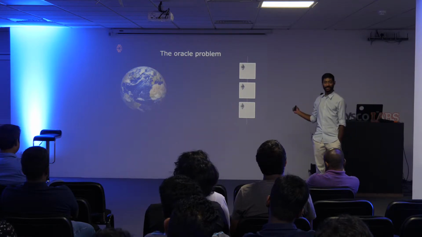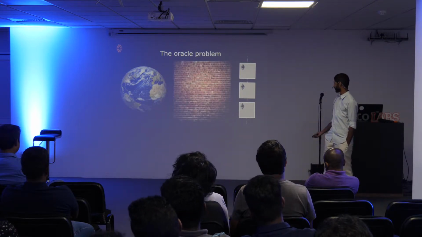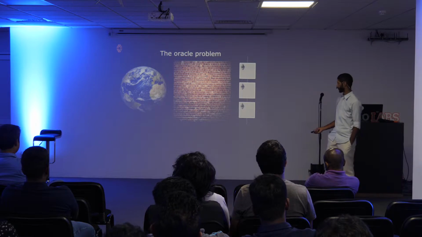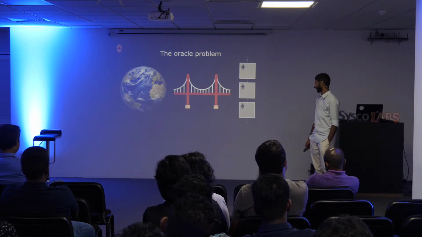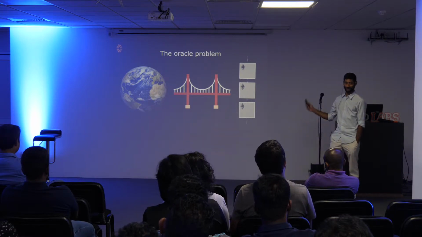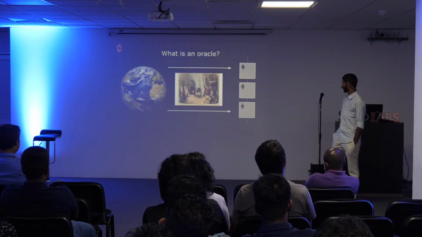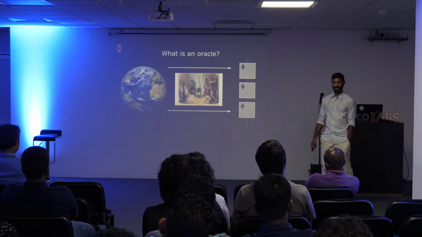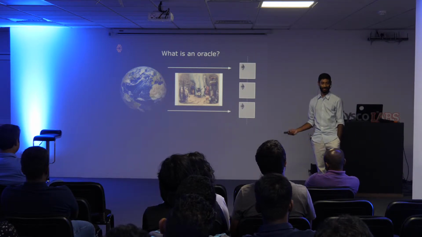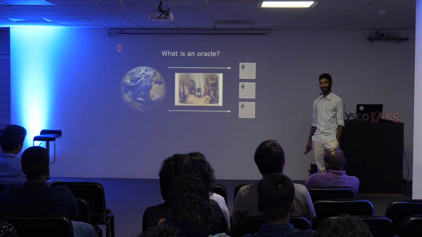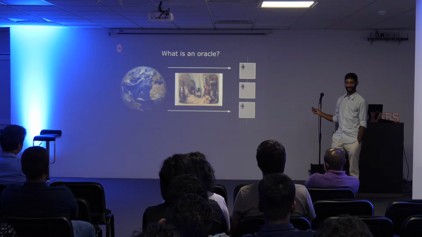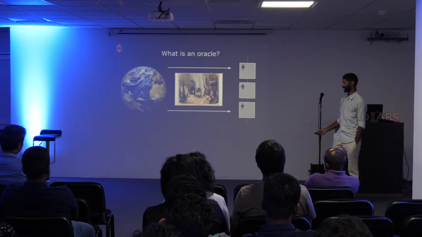So there's the world. Here's blockchains, and we have the wall. What we want to do is replace the wall with essentially a moat with bridges across it. I chose the Golden Gate Bridge because I'm based in San Francisco, but it's just my way of having fun. That's just what an oracle is. Why do we call it an oracle? It's a confusing term, right? Because anyone outside the industry, or even people in tech who don't know much about blockchains, think of Oracle, the company, and it's totally confusing for them.